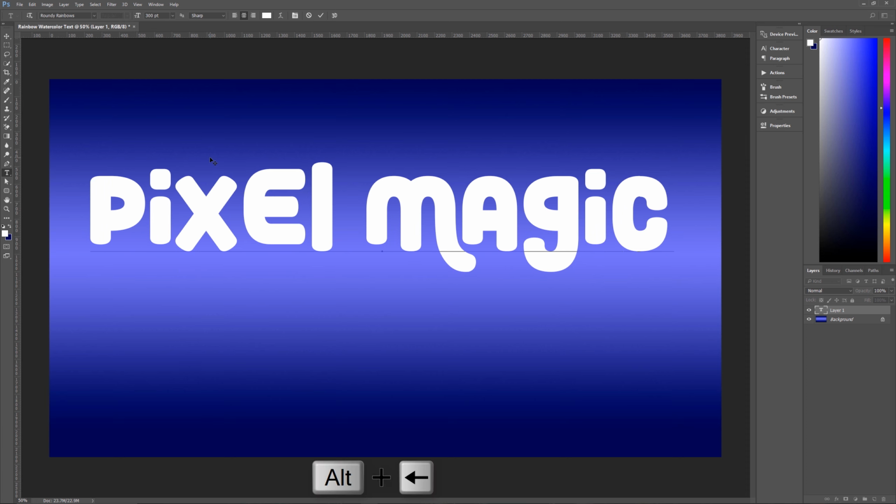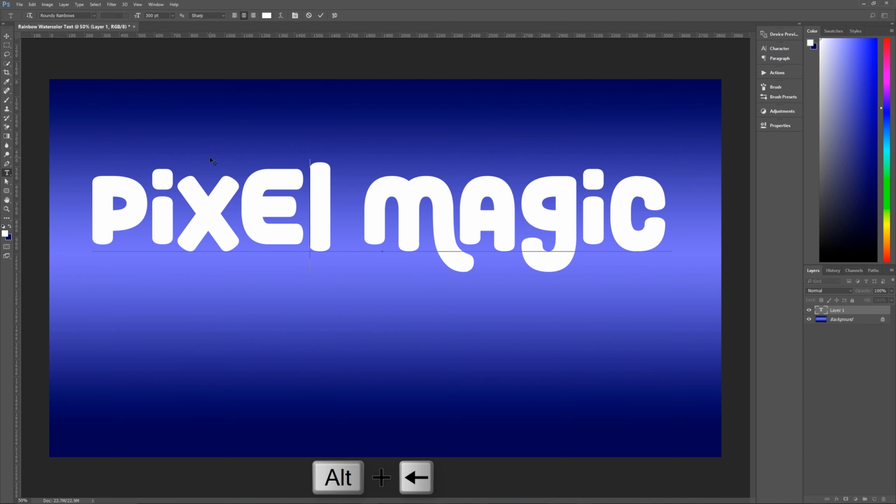Then you let go of Alt, hit the right arrow key to move the text tool over to the next letter, and then hold down Alt, and you bring the E closer. And the same thing with the L. And we'll fix all of these right now real quick, just to make it look a little bit more coherent